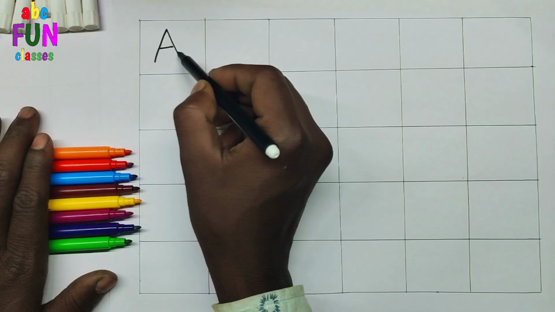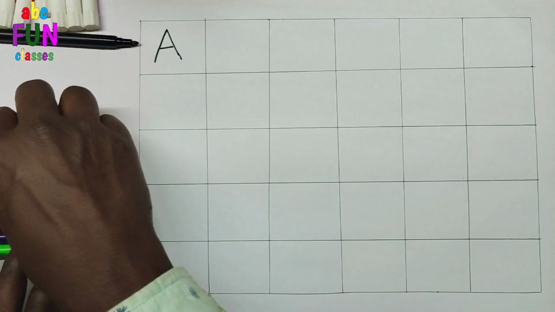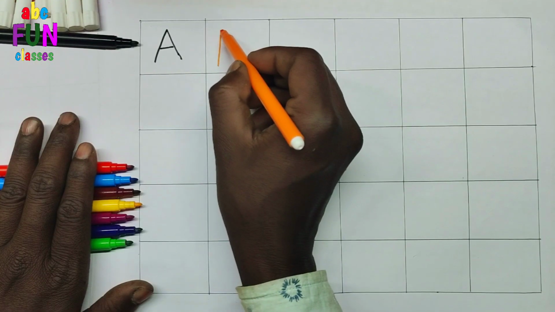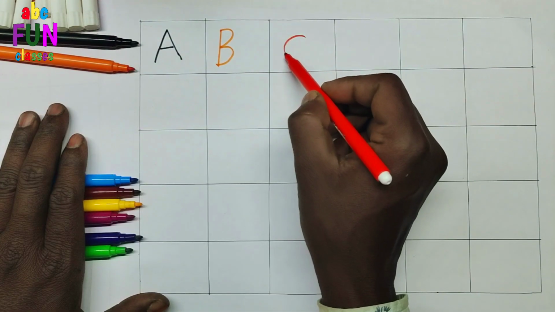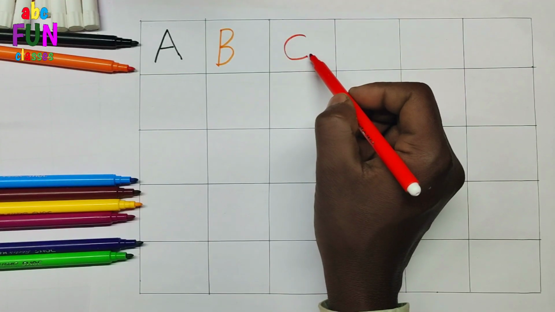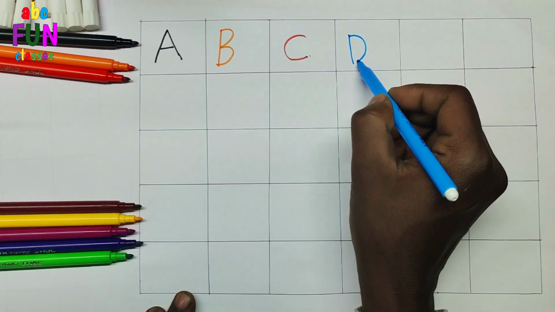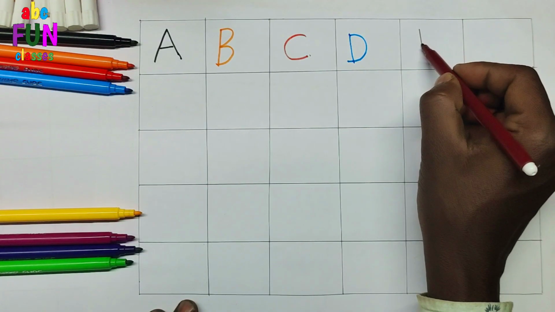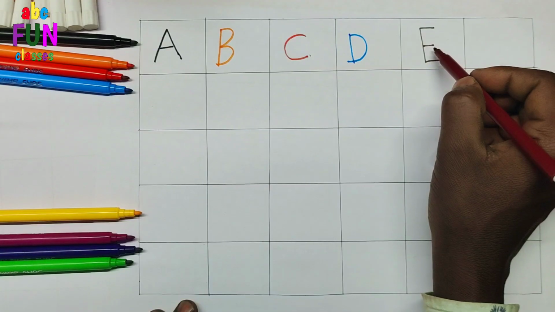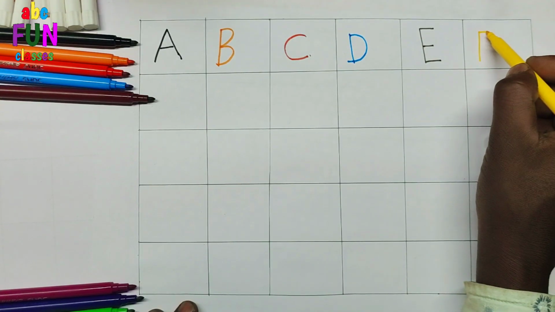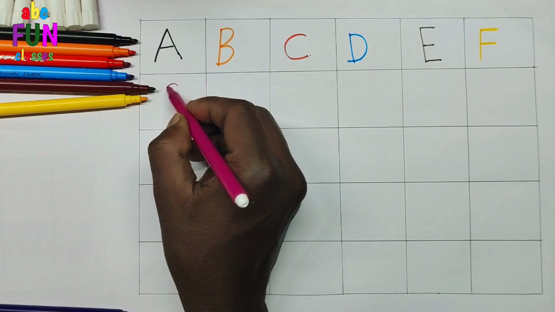A for apple, A for apple. B for banana, C for cat, D for dog, E for elephant, F for fox, G